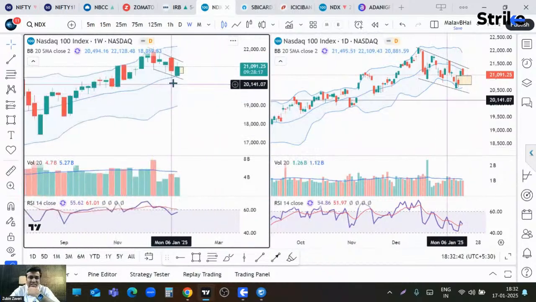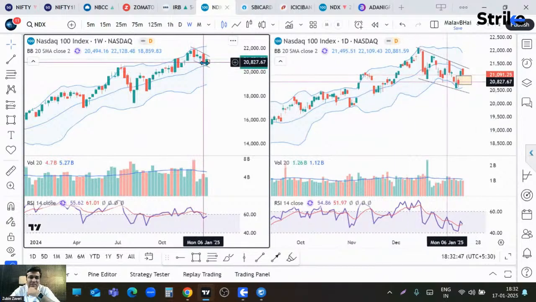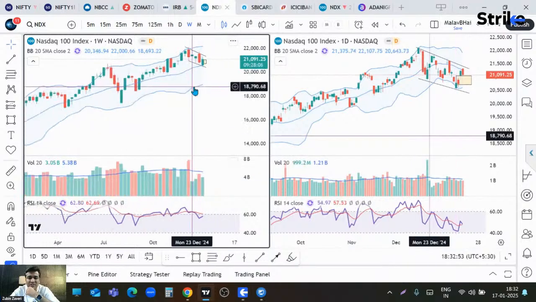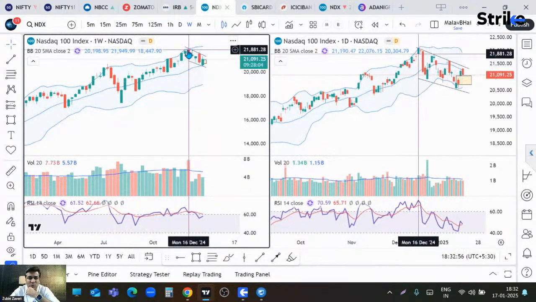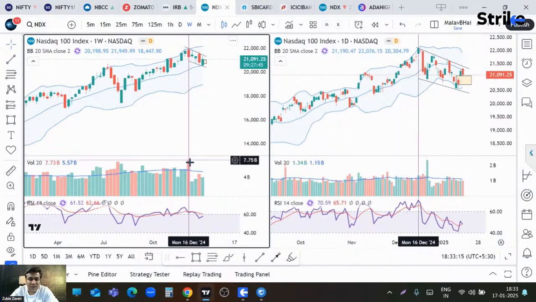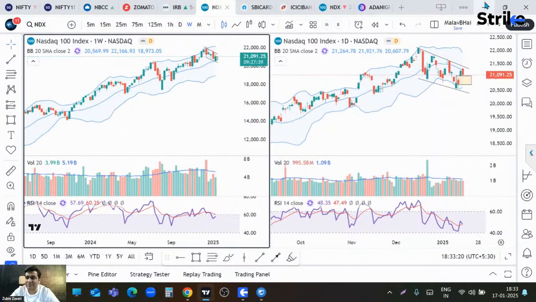Nasdaq again has taken support from the median line. All right, and till the index is above this median line, there will be a little bit of bullish bias. The volumes have started going down. You can see this. When the index corrected from 22,000 and came down a little bit over here for 1, 2, 3, 4, 5 weeks, in these 5 weeks you can see the volumes have also come down. But a big sell-off happened over here in the first week with this red candle. A bearish engulfing pattern was formed, and with volumes. So again, it's a little bit dicey.